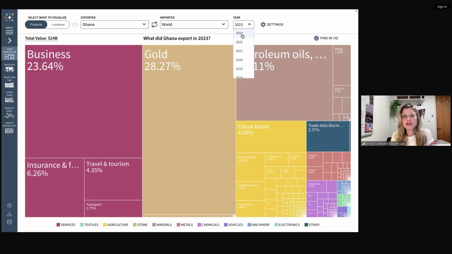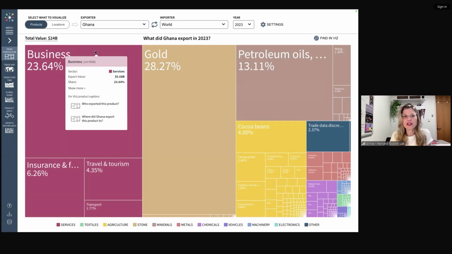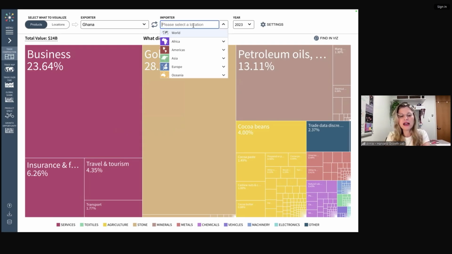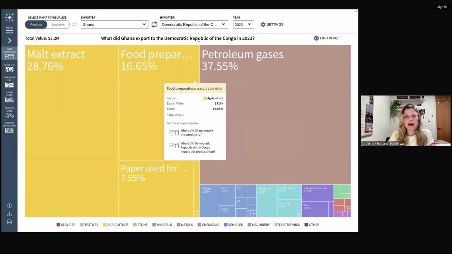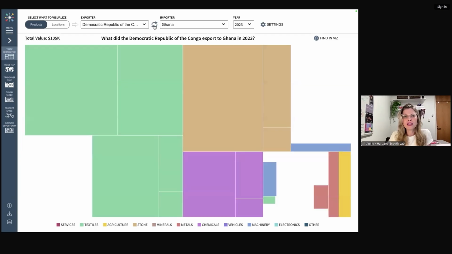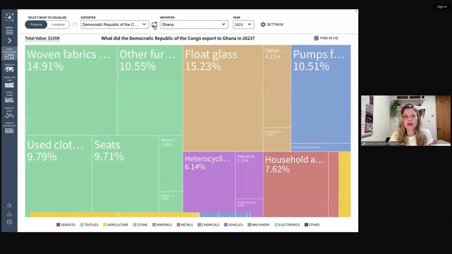And one of the reasons for that is because the Atlas includes bilateral data. So right now we're looking at the country of Ghana. So what did Ghana export in 2023? And we can look at something like what did Ghana export to a neighboring country. We'll choose a nearby country. And so this bilateral relationship that exists here, whether it's importer to exporter, exporter to importer,